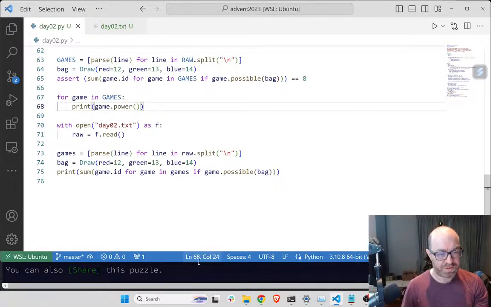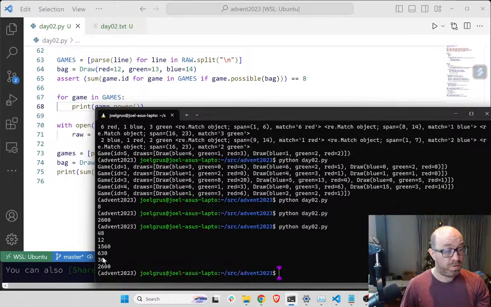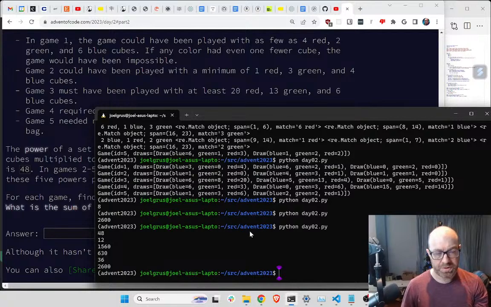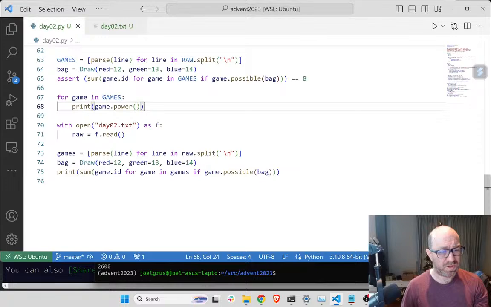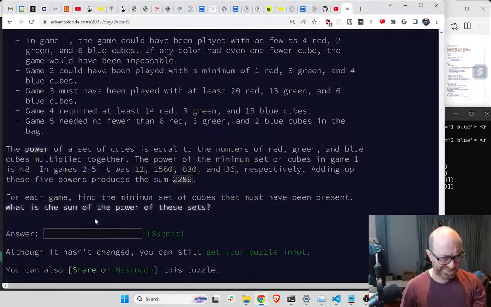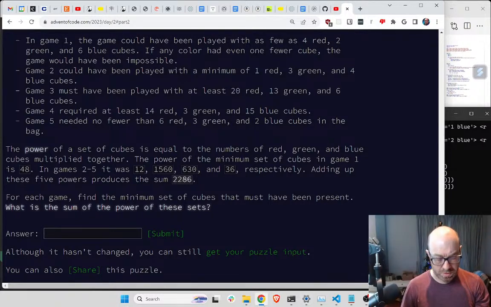So they gave us some, and let's just check those by running them. 48, 12, 1560, 630, 36 respectively. Okay, so that seems right. And let's just read this to make sure, yeah, we'll try it. For each game, find the minimum set of cubes that must be present. What is the sum of the power of these sets? Okay, so